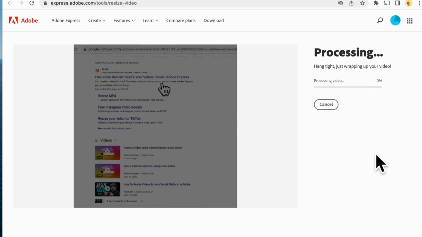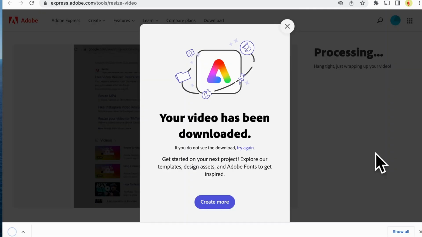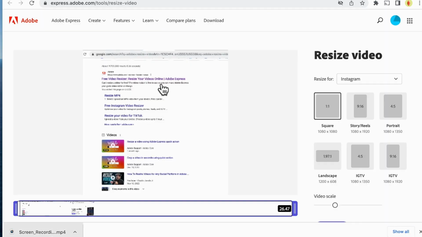Now you can use the downloaded video for your social media posts like Facebook, Instagram, YouTube, Snapchat, Twitter, LinkedIn and Pinterest